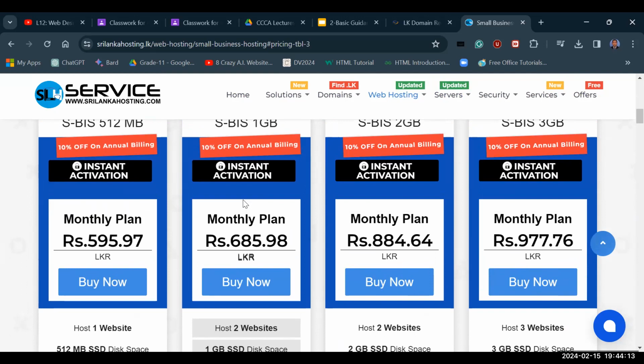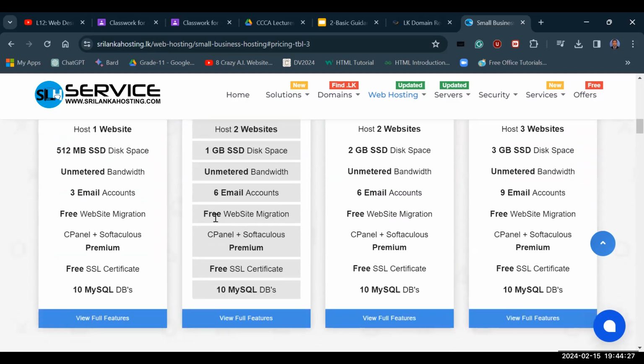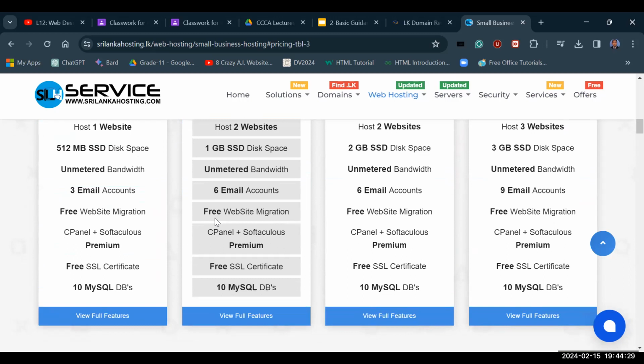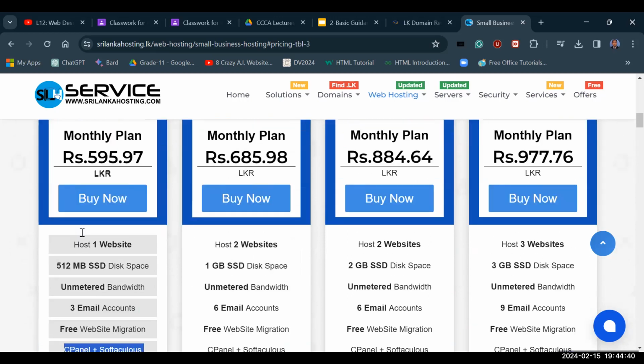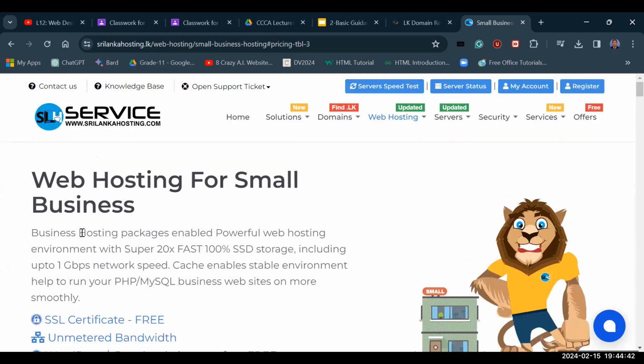After buying, they will give you a username and the password. Using the username and password, you can log on to their server. You can put your website hosting, all these things. You can host it there. There is a control panel there, right? We are going cPanel, right? After that, through the cPanel, which they have given here, the control panel, you can configure how your website works, right? So this is the process of uploading and hosting a website,